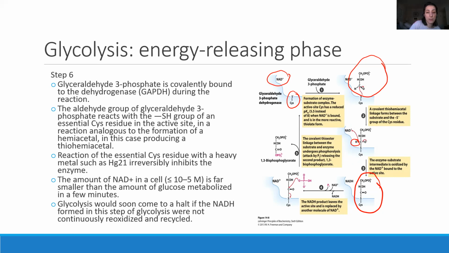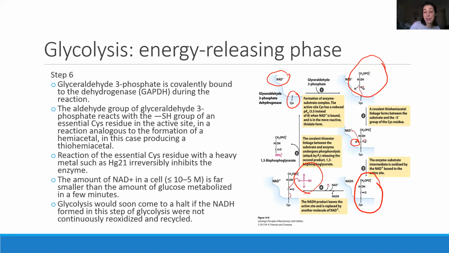And then you have this phosphate come in, our final portion, which then can attack and attach to that carbonyl, forming our final phosphorylated molecule. So it is through the use of this NAD plus that we have a rearrangement that allows for the phosphate to bind. This reaction, again, is using this essential cysteine residue,